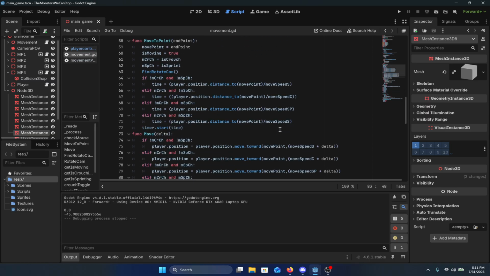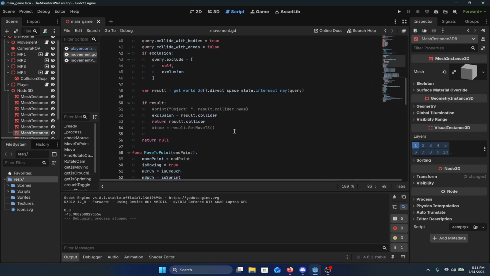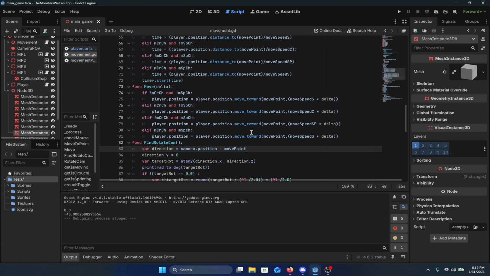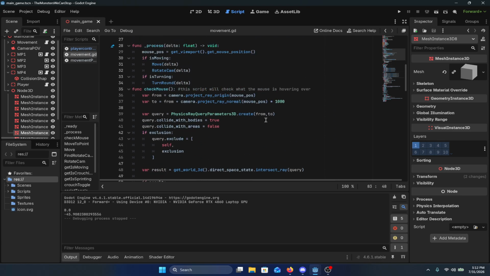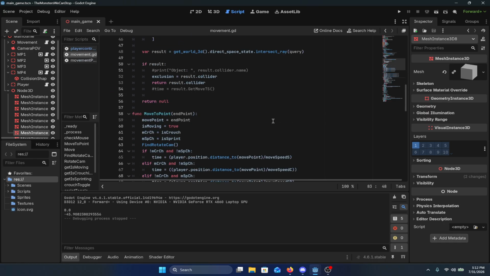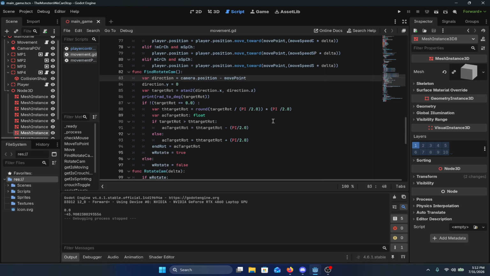For the move point dot collider, that is returning to when find rotate cam is got, it uses find, it uses move point, and if I do your move point dot get, how do I grab the position of a